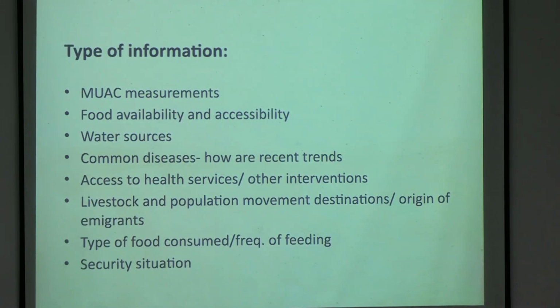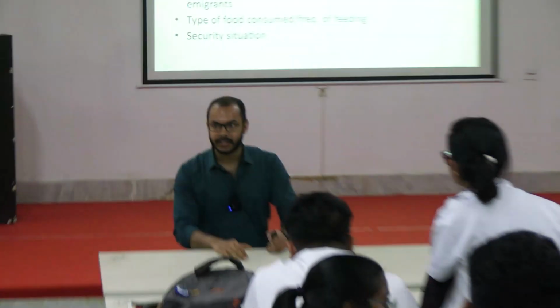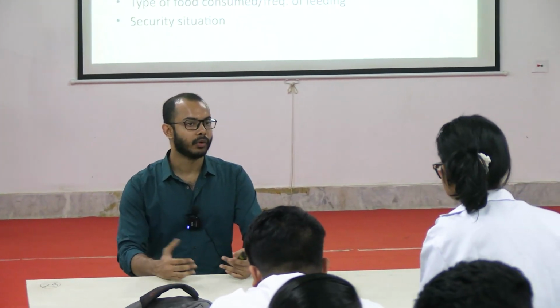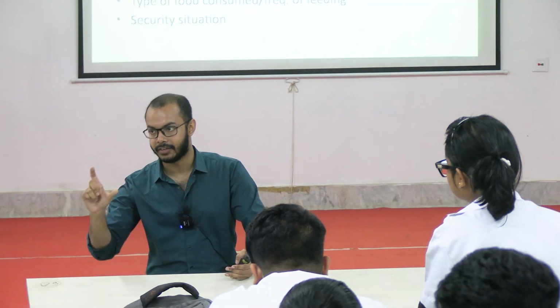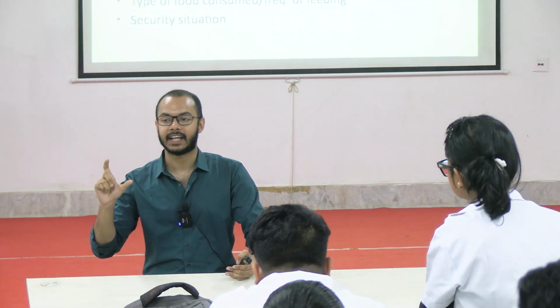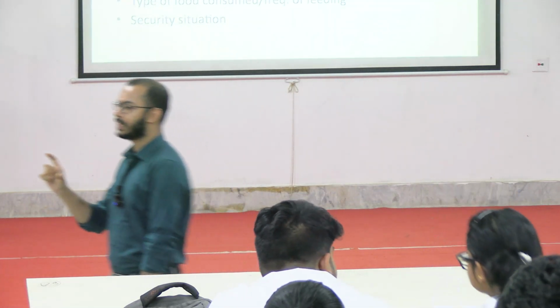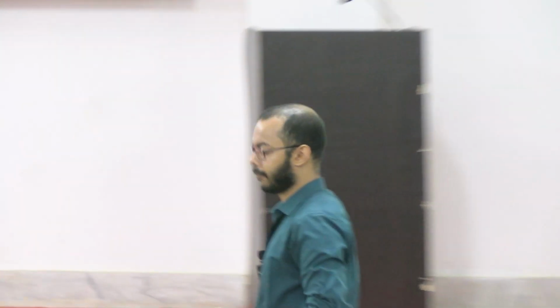What are the information? Rapid assessment के लिए mid-arm circumference. Mid-arm circumference is applicable for, yes, which age group is eligible for mid-arm circumference? Within 5 years, but must be more than 6 months. 6 months to 5 years. Mid-arm circumference is eligible. ठीक है? Less than 6 months is not eligible.